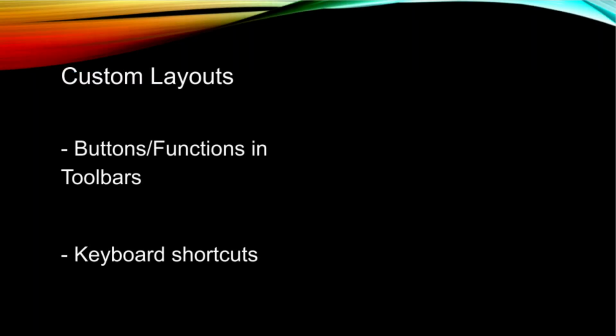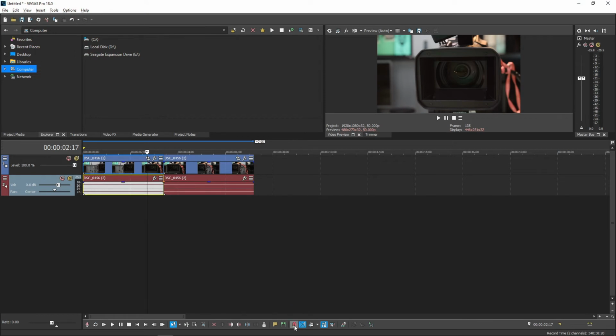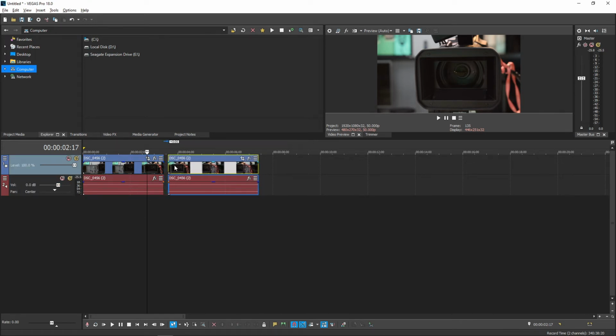One other important thing to note is that Vegas comes with many customization features. Lots of these are specific functions that you can turn on or off to make editing easier. An example here is the Enable Snapping selection. This is basically when you have any two clips of media on your timeline. Dragging them close to each other will cause the beginning of the clip you now have to snap, just like two magnets, and connect seamlessly to your other clip.